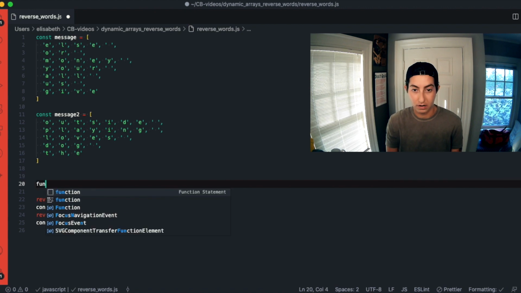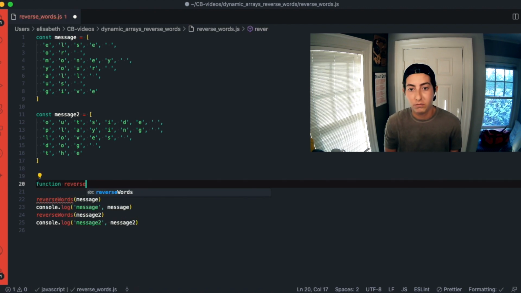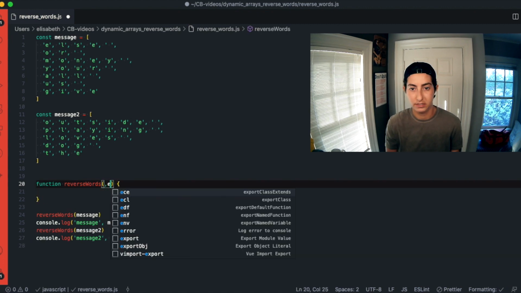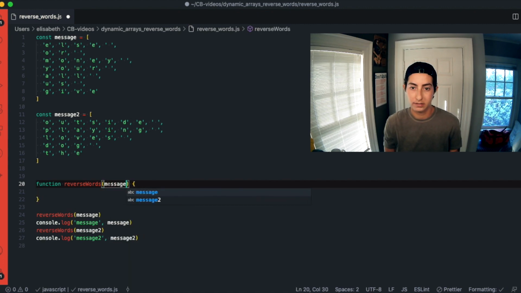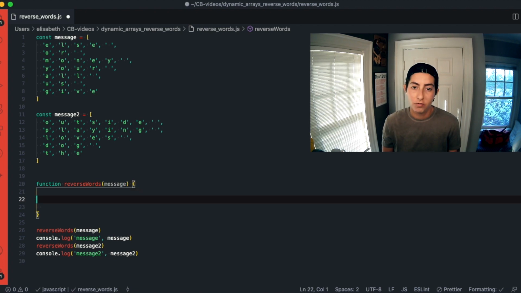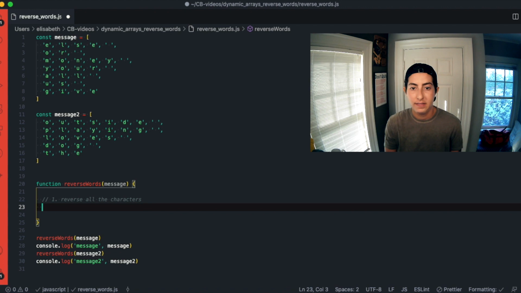Here is going to be our function. This is going to be reverseWords, and this is going to take our message. Okay, so that much is simple. Now, remember, our goals here are, one, to reverse all the characters, and then two, find the word boundaries, and re-reverse the characters